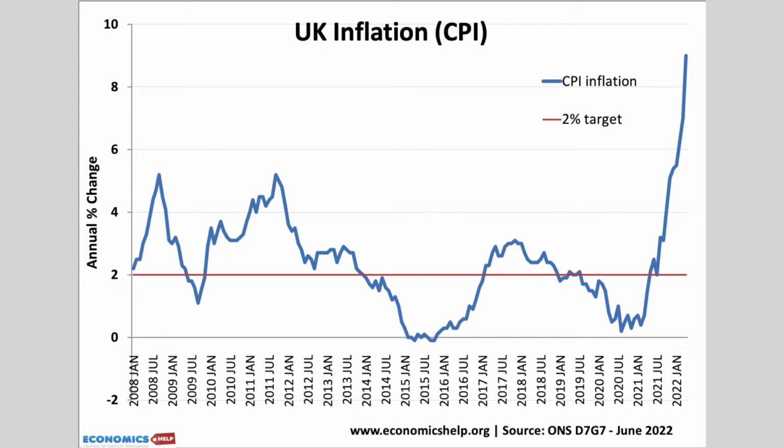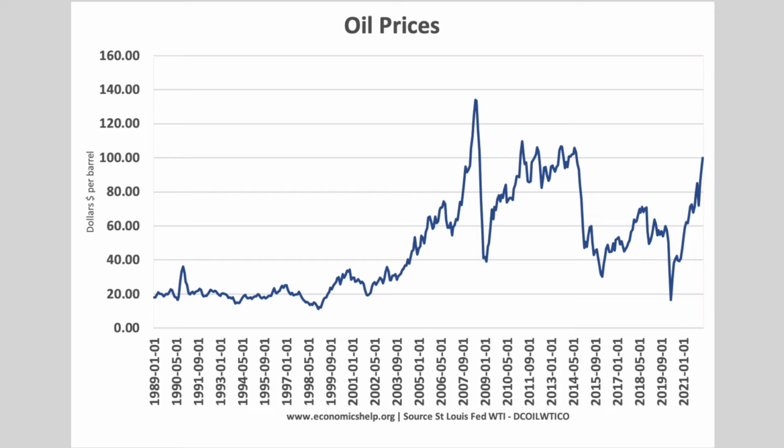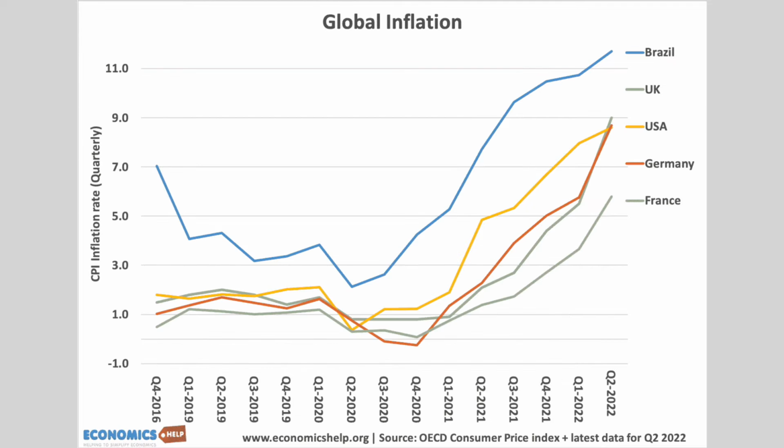So in 2022, the UK economy is struggling with weak economic growth and one of the highest rates of inflation in the OECD. Now, some of these problems can be attributed to short-term problems like the end of COVID lockdowns and rising oil prices, which is causing cost-push inflation around the world. However, apart from these short-term issues, there are long-term challenges faced by the UK economy, such as the costs of Brexit, poor productivity growth, and a decline in competitiveness with our major trading partners.